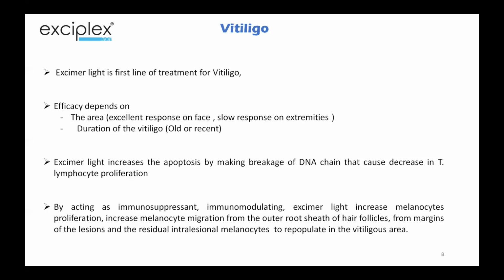The excimer light increases the apoptosis by making a breakage of the DNA chain that causes a decrease of lymphocyte proliferation. By acting as an immune suppressant and immunomodulatory, excimer light increases